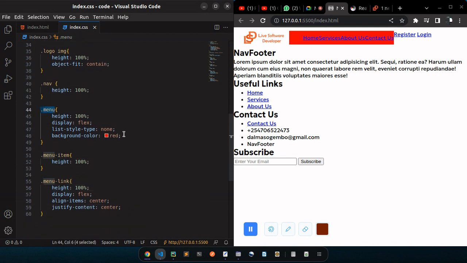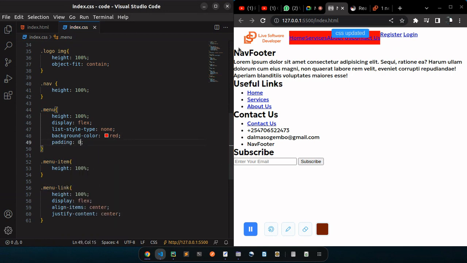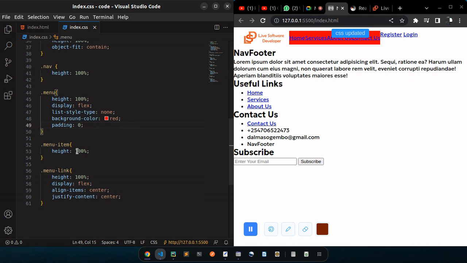my menu here, and set the padding to 0. Some sort of having some padding. Yeah, no, we don't have that padding that we had before that was pushing everything forward. It's not there. For the menu items, since I'm using menu items and display